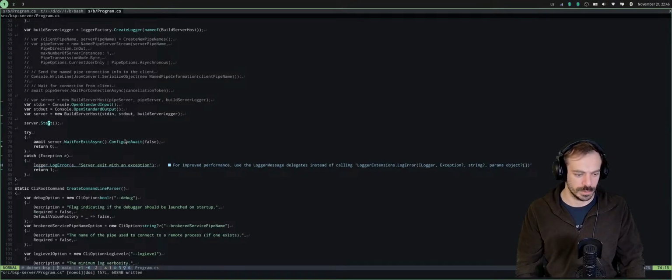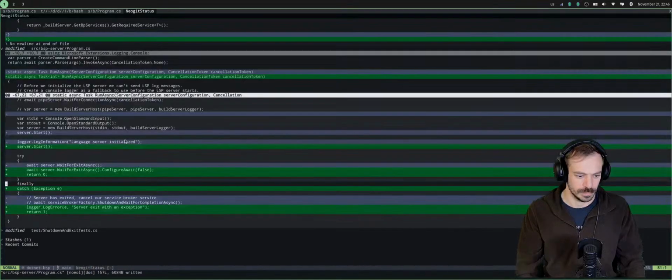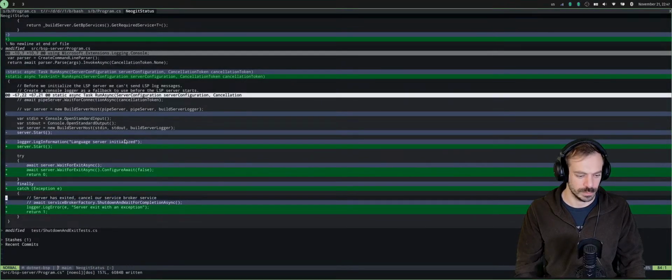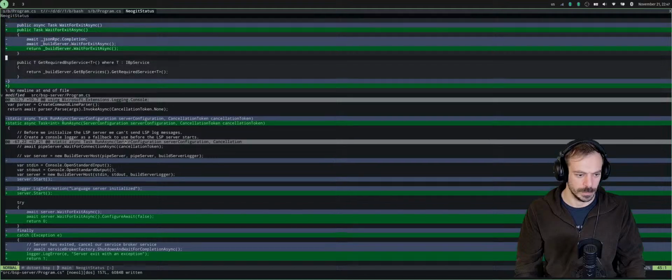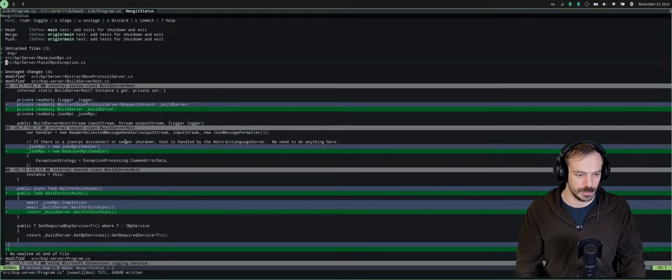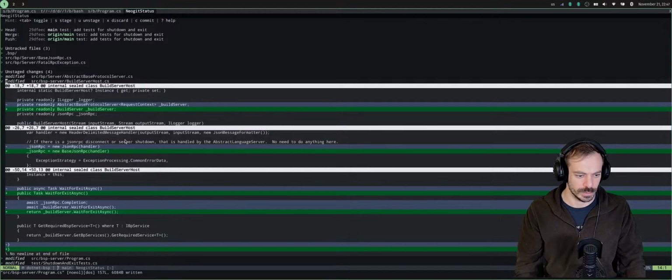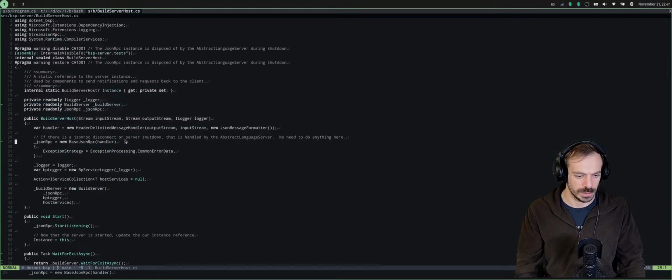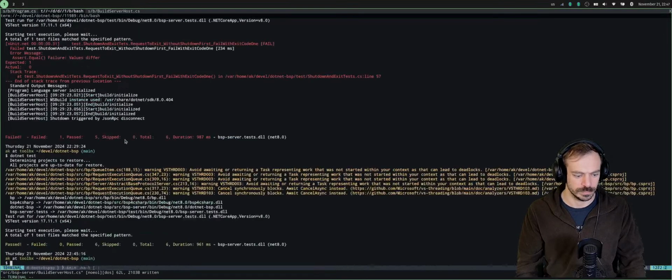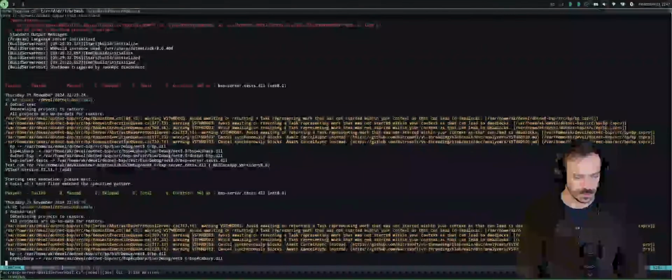So we can lock. And so I don't think, with this approach, we will need this specific class here. And just use JSON-RPC. Let's test it again.